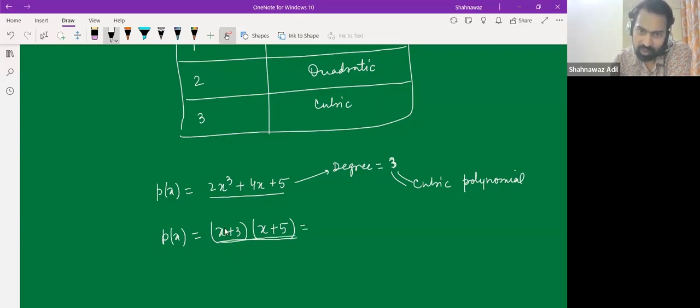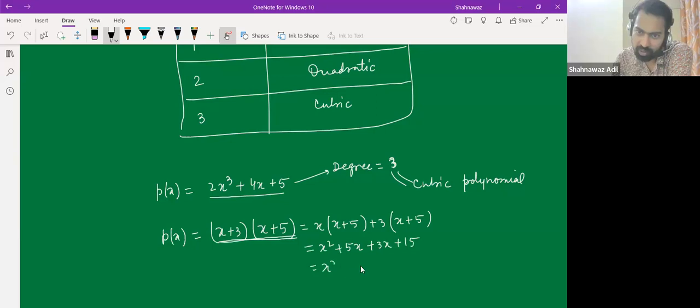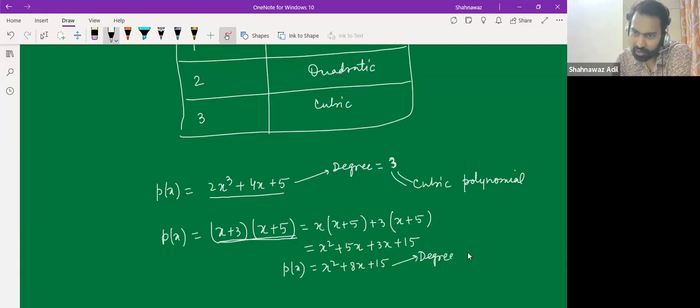So how can we simplify? x is multiplied with x plus 5, and then plus 3 multiplied with x plus 5, right? So we get x squared plus 5x plus 3x plus 15. So this would be x squared plus 8x plus 15, right? Now we can certainly tell that this is a quadratic polynomial. The degree is 2, which means that this is a quadratic polynomial,